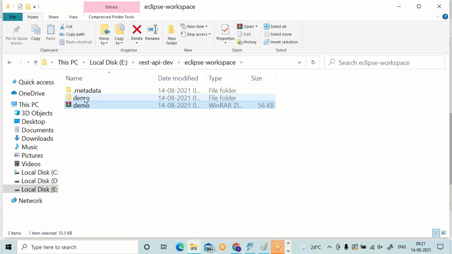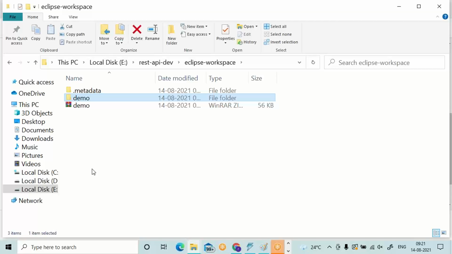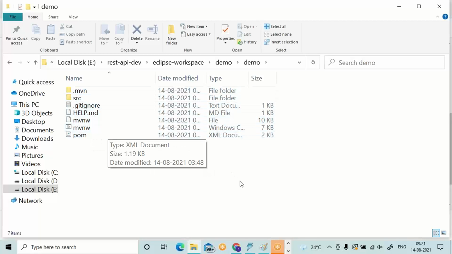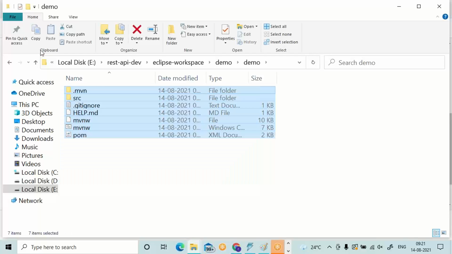Yes, this is the ready-made downloaded extracted folder. Go inside. There is one more demo. Go inside. This is completely a Spring Boot project where we can develop REST web services.